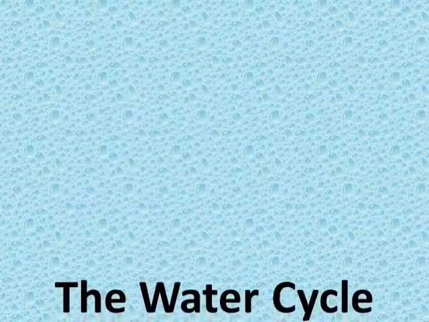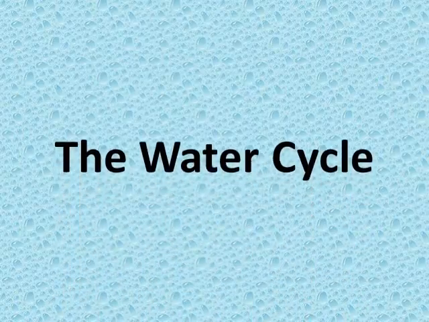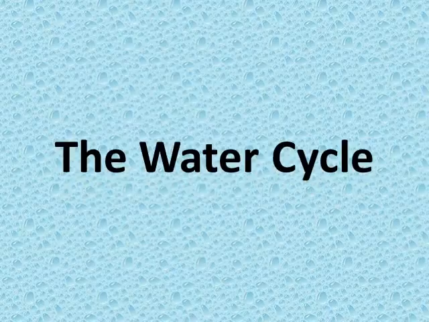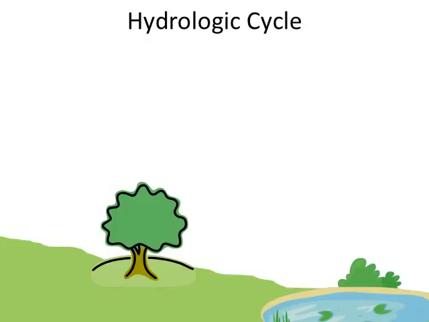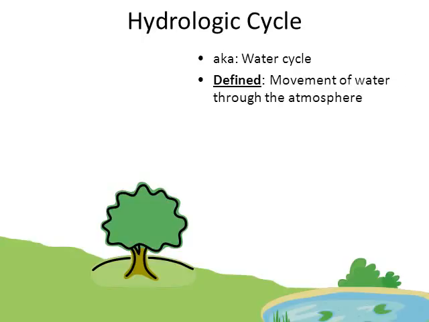Okay, so in this quick video, we're going to go over the basic steps of the water cycle, how water moves through the atmosphere. So let's go ahead and get started. Well, titled here I have the hydrologic cycle, which is just a fancy way of saying the water cycle. Now, when I look at the water cycle or the hydrologic cycle, its definition is simply the movement of water